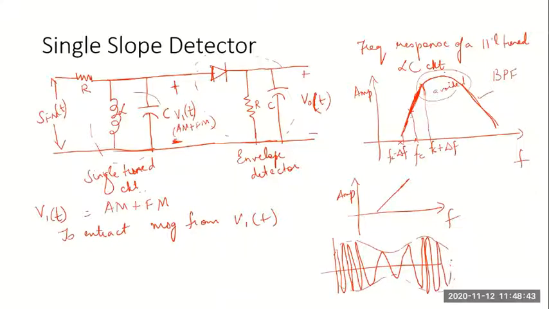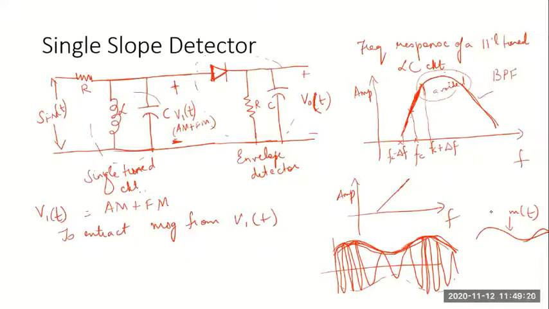So since you have a signal like this, if I pass it through an envelope detector, what happens? The envelope of this signal will be detected. So you're going to be able to detect the envelope of this signal, or that imaginary line joining all the peaks. Since I'm using the diode only in this direction, I'm going to detect only the positive peaks in the waveform, and this will be the output. The output will be in this shape, which is similar to your message.